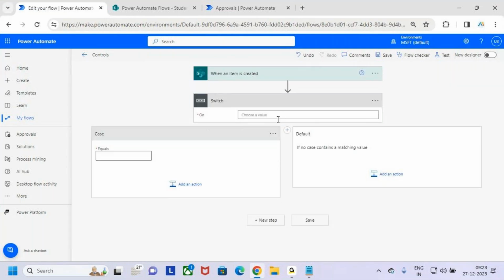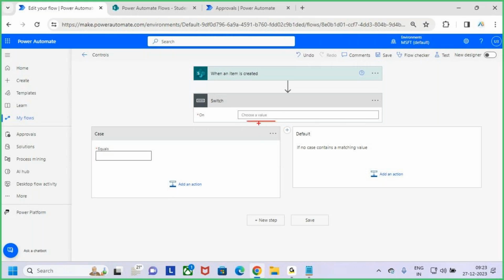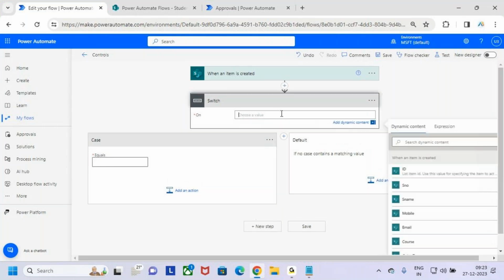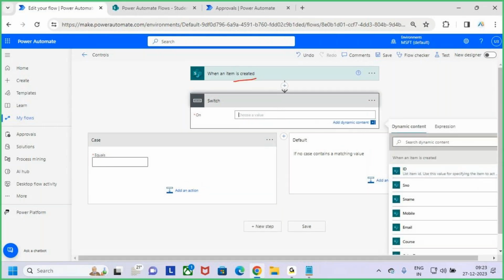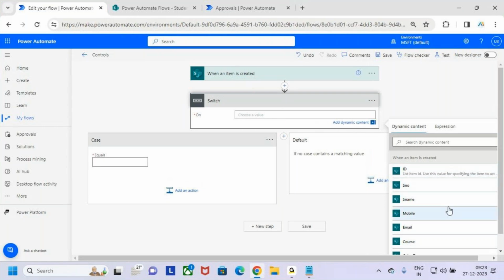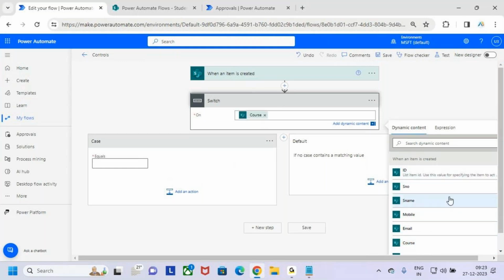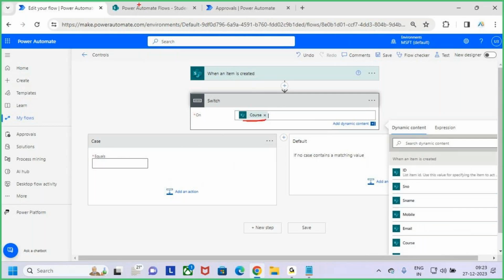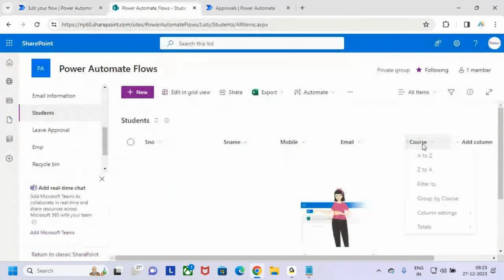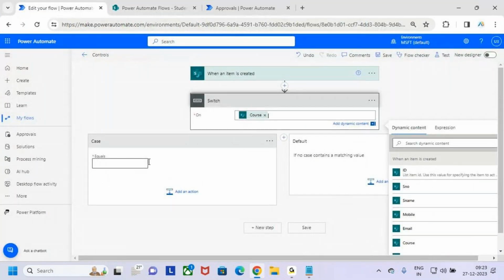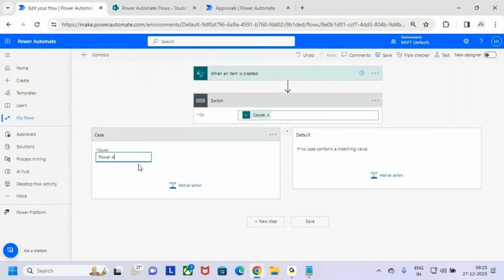Now see, here it is asking to choose a value based on what condition you want to run this switch. So let me select here. In the previous step, when an item is created, I want to take from that item the course. If the course is equal to whatever course I am entering into the SharePoint list, if the course is equal to Power Apps,